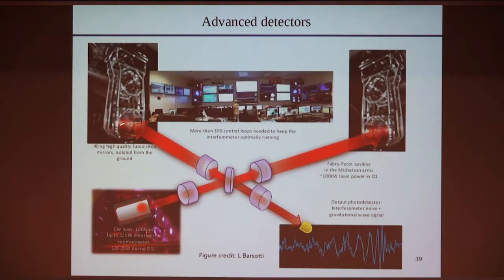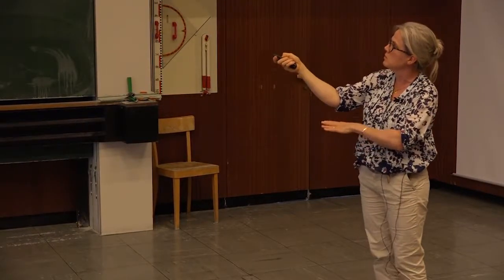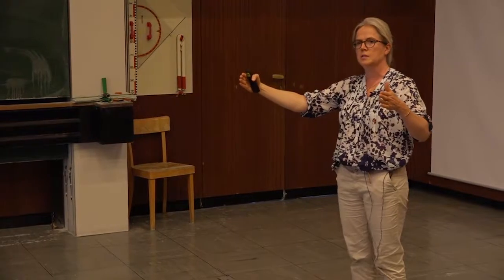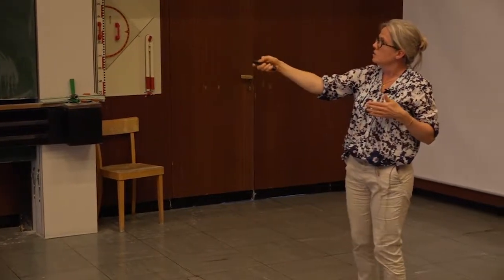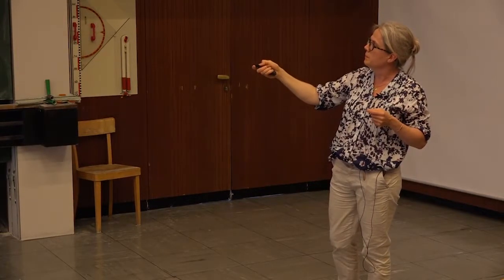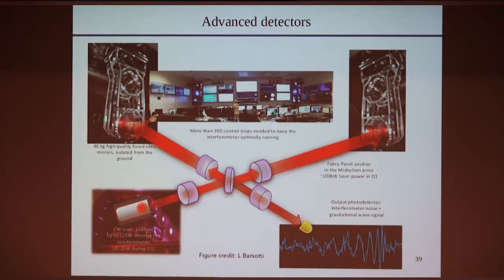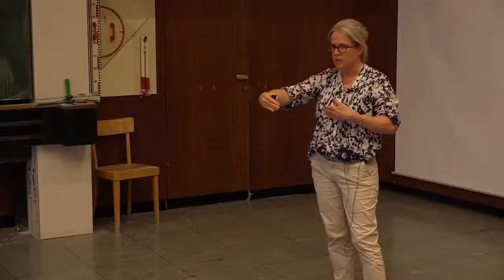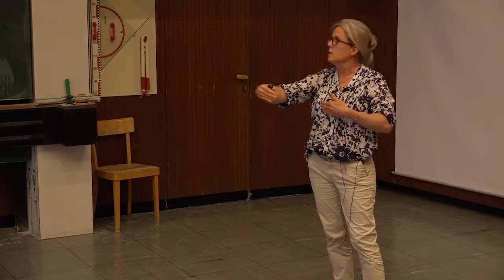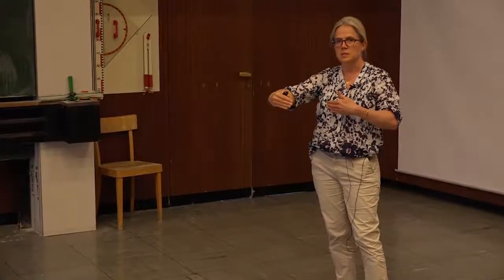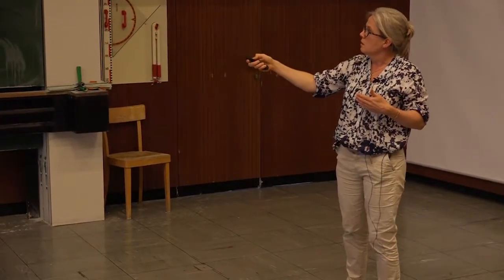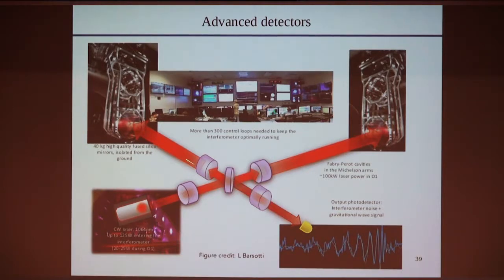So that is a picture of the mirrors. I was telling you the mirrors are suspended. What you see here is only the lower level of the mirrors. The mirrors are blocks of silica suspended by very thin silica wires. They are something like 100 kilograms, and they are big, 30 centimeters large. We are working in very high vacuum tubes.